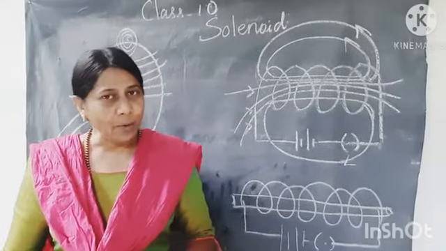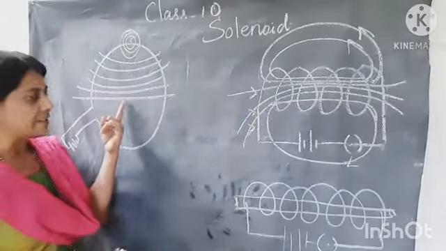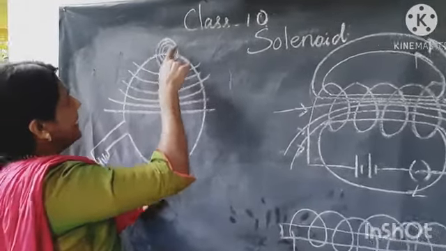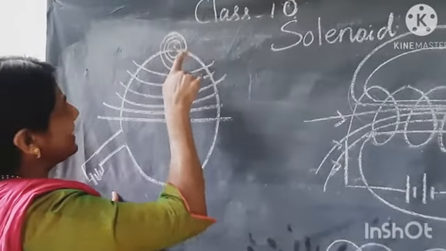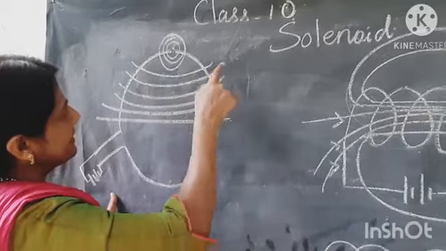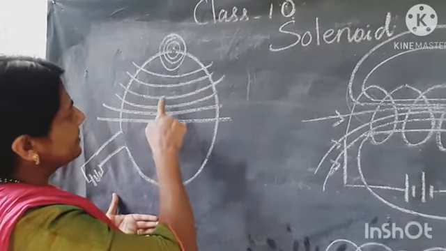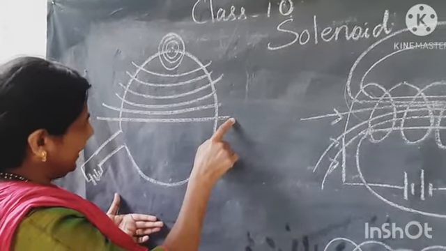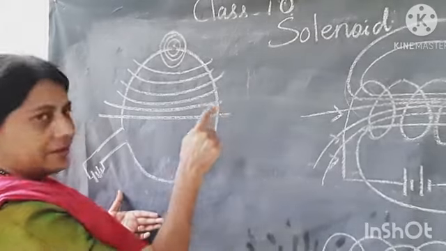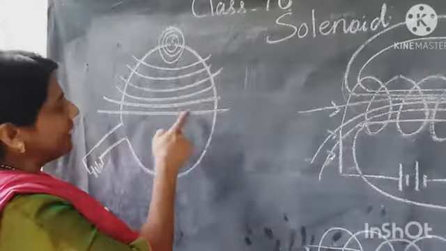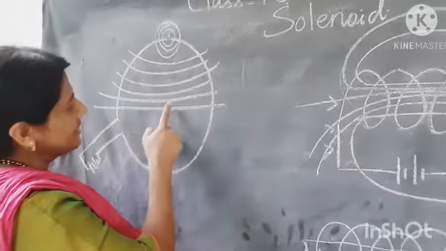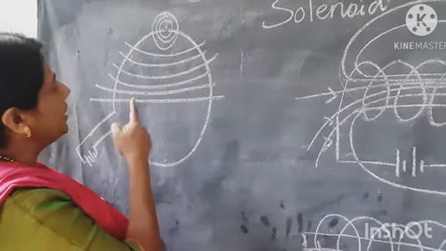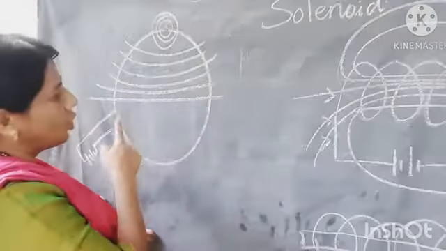Dear ones, we have also discussed the circular loop. In a circular loop, for each point, magnetic field lines are formed in the form of concentric circles, but their size increases when the distance increases, and at the center they appear as a straight line. The magnetic field in the case of a circular loop depends on how much current is flowing through it, and also the number of turns of the coil.